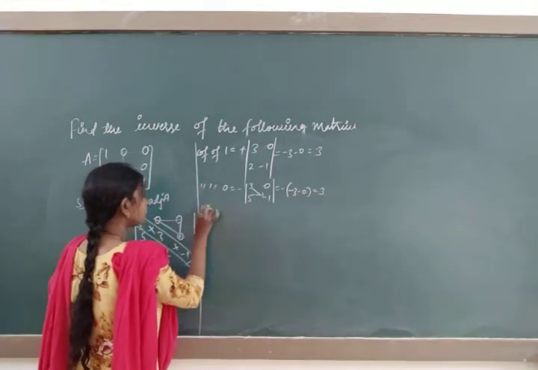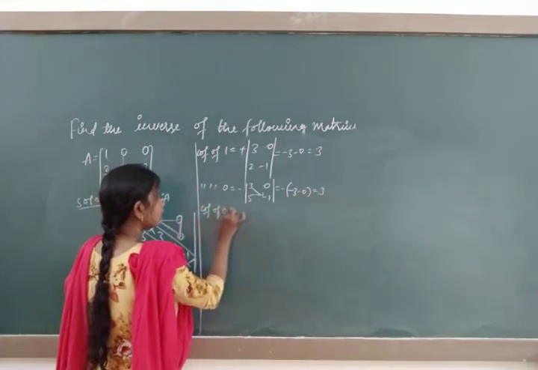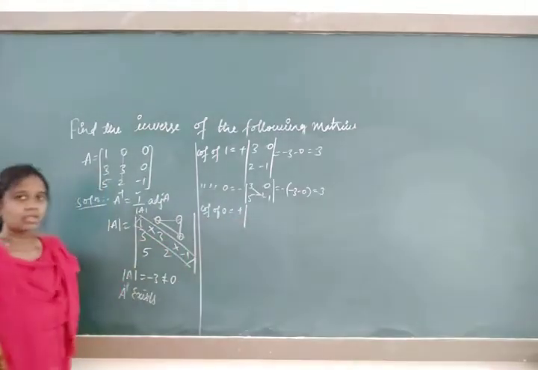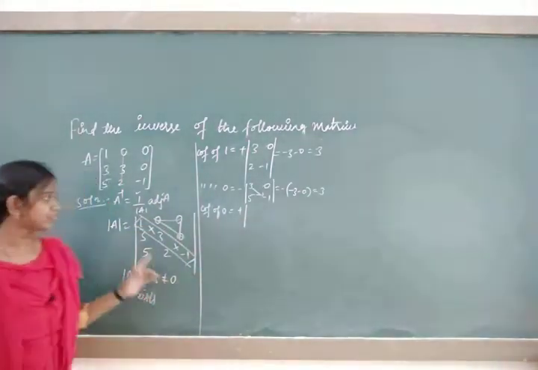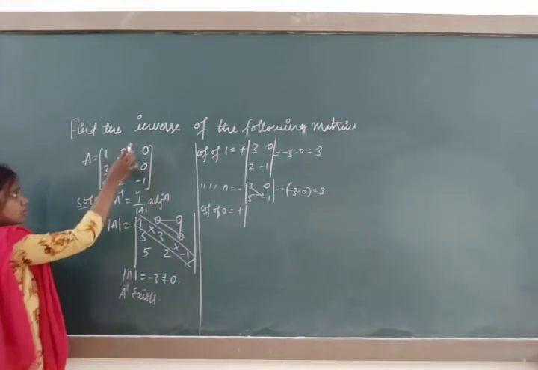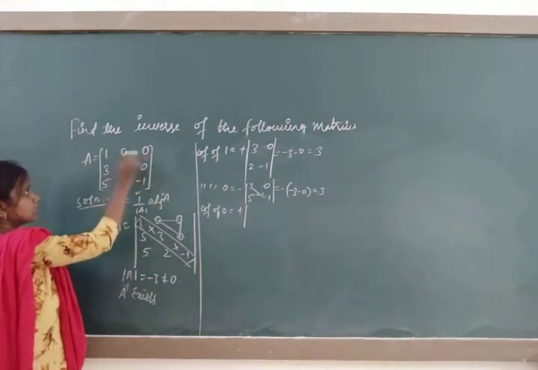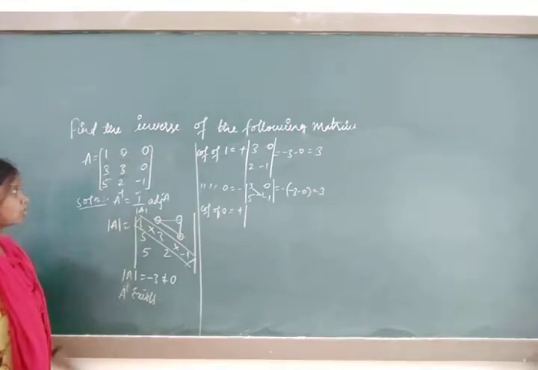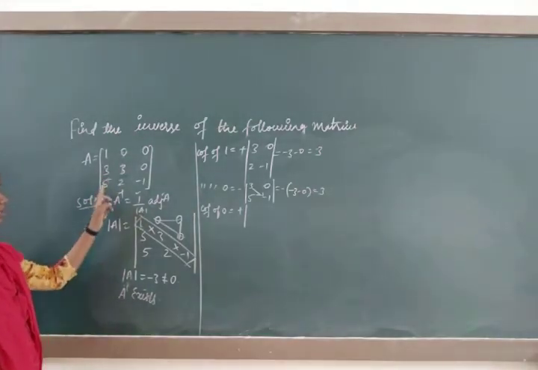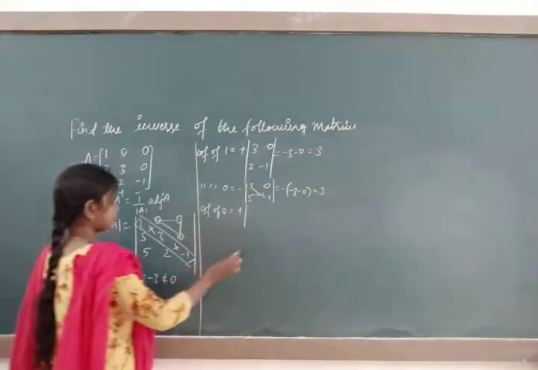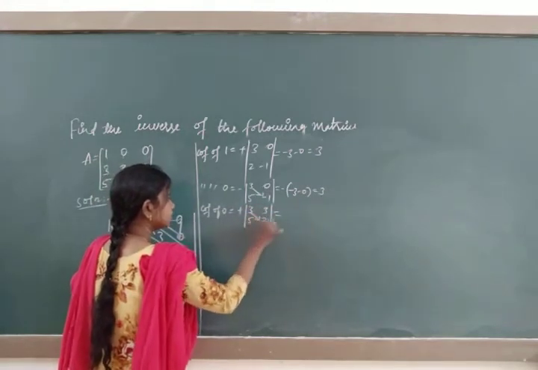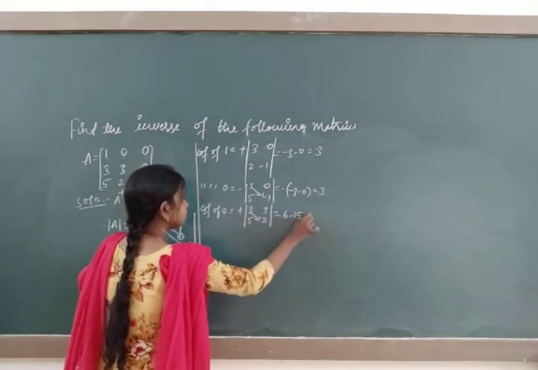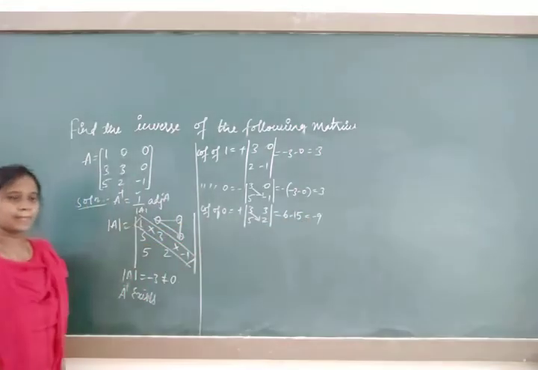Which is equal to minus of, multiply, minus 3 minus 0, final answer will be 3. Cofactor of again 0, alternate sign plus. So remember plus minus plus, or else remember the formula. Again 0 is present where? It is present in the first row and in the third column. It means remaining is 3 3, 5 2. It's a 6, it's a 15, which is nothing but minus 9.